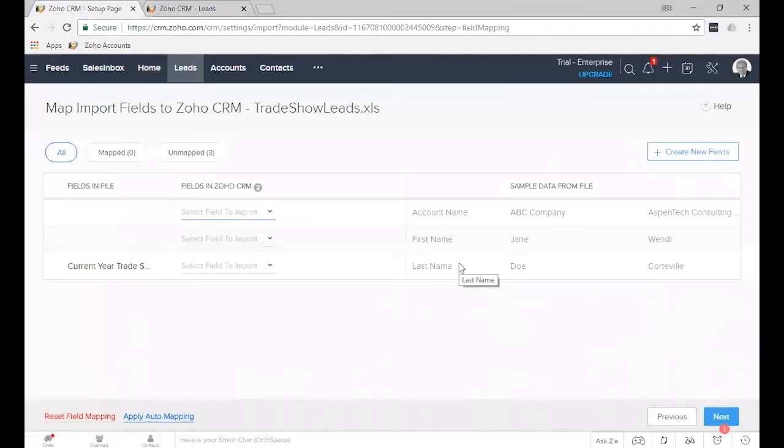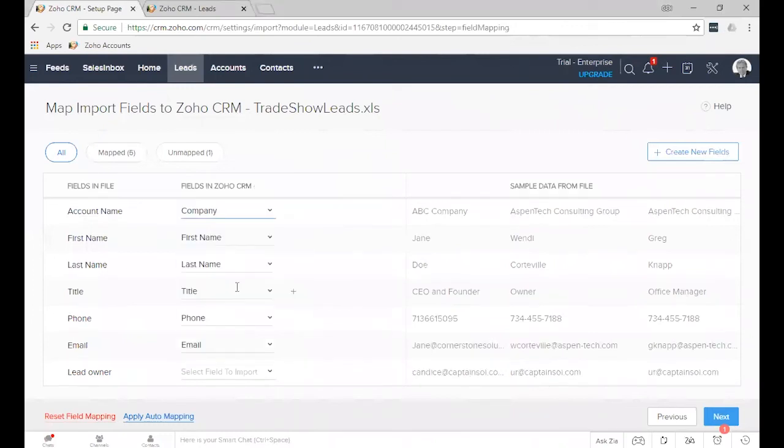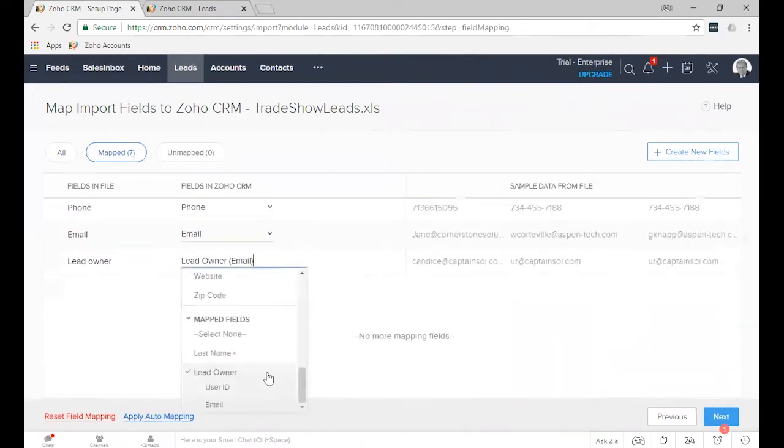In this area, what we're going to do is map the fields. Notice that most of the fields were automatically mapped for you: first name, last name, title. Account name was the name in the spreadsheet file, but in leads, it is company. So the names don't have to match exactly. You can also apply auto field mapping, and sometimes that will help you automatically select the fields. And notice it did it very well, but in case it didn't, I want to show you the lead